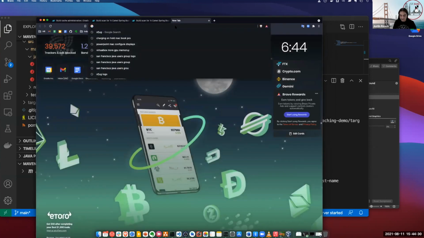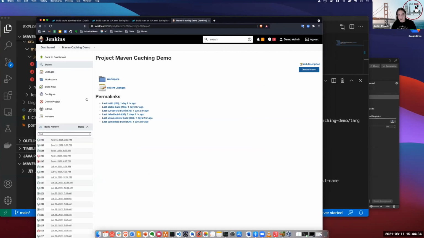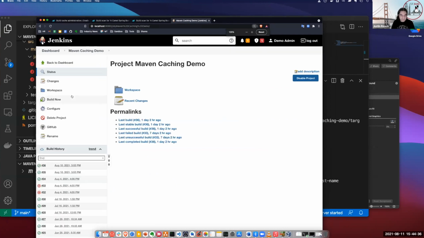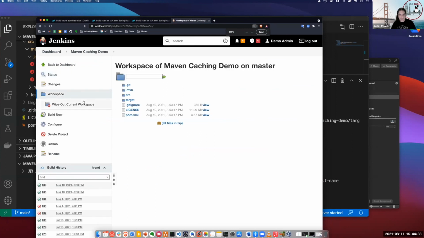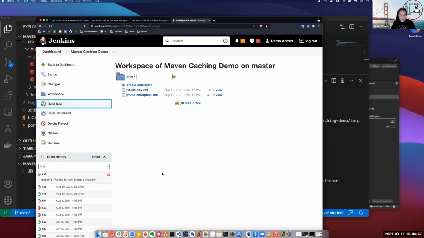And then finally, I just want to show that this does carry over to CI as well. All I've done is taken the same project, checked it into GitHub, and created a Jenkins project for it. So if we look at our workspace, this is just the same project. We've got the extension added and the Gradle Enterprise set up in here. When we trigger our build,